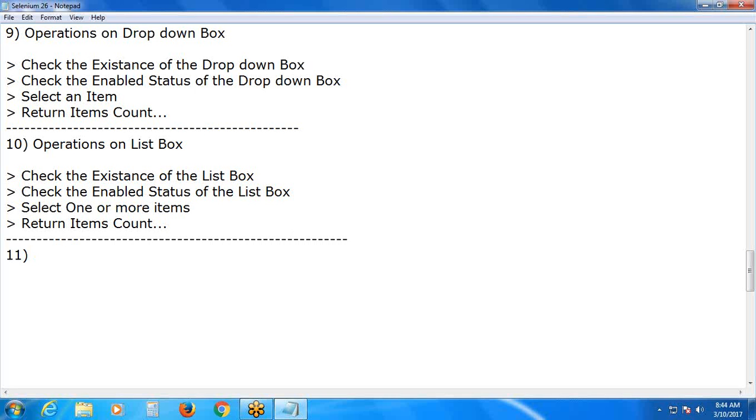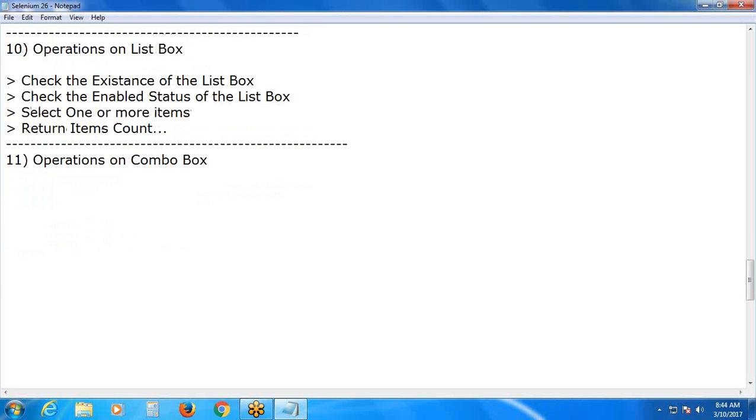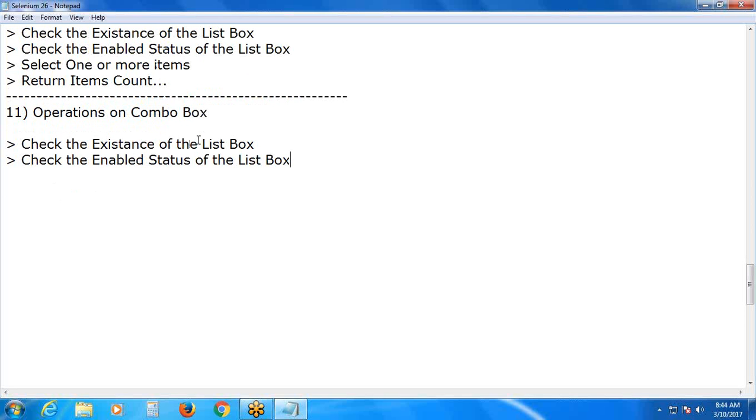11th one, operations on combo box. Here also these two are the same verification methods, meaning verification operations. First, check the existence of the combo box. Next, check the enabled status of the combo box. Next,